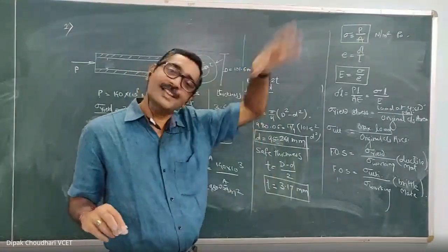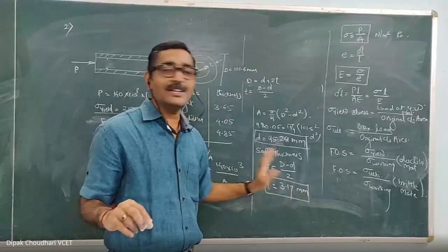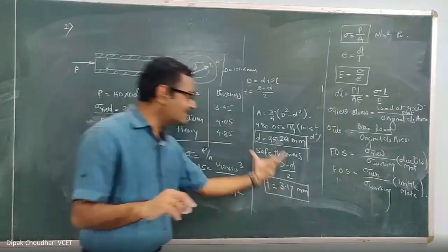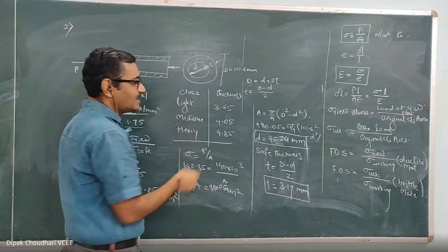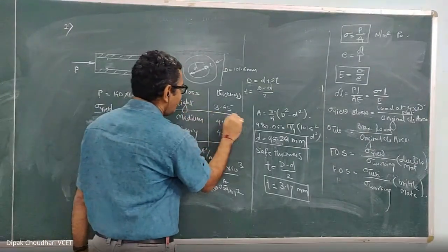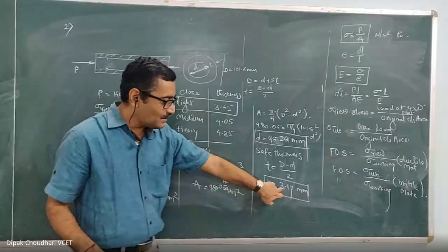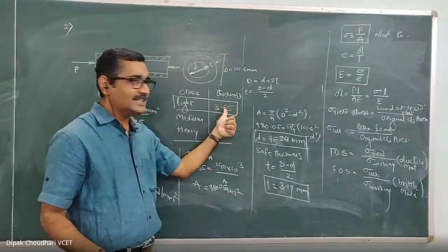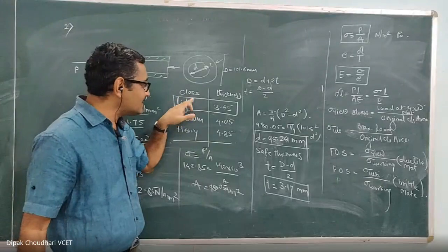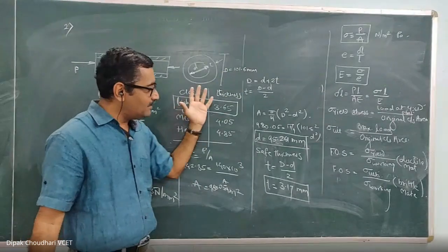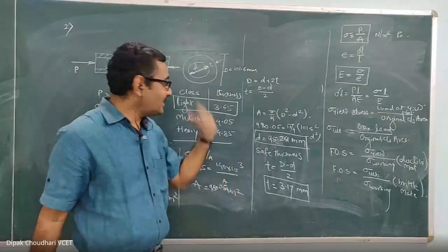You can use more than this, whatever is available, but less than this will not work. Clear? Now just compare this thickness with the available quantity. We observe that we have 3 classes, and the light class has a thickness of 3.65. We require 3.17, and the available thickness is 3.65, which is greater. Even if we use the light class for our application, it will be stronger than what we require.